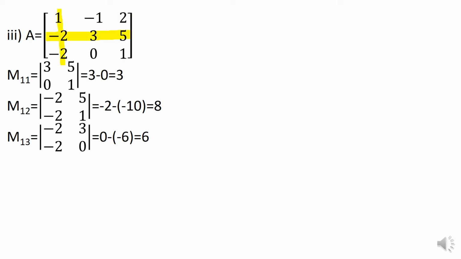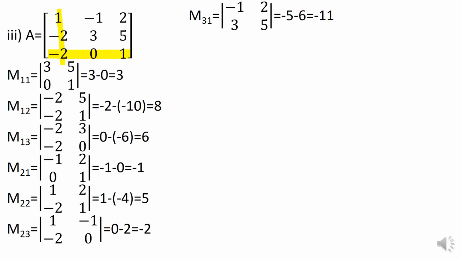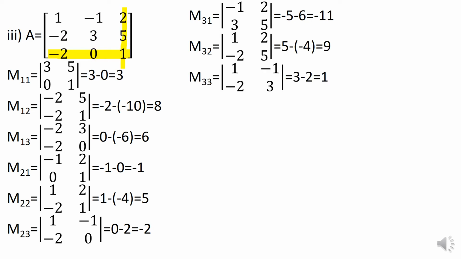Then we go to the second row, first column, we ignore it and get M21. And then we ignore the second row, second column and get M22. And then the second row, third column is ignored to get M23. Then we move on to the third row, first column. The third row, first column is ignored to get M31. The third row, second column is ignored to get M32. The third row, third column is ignored to get M33. Thus, by now you must have got an idea of how to find the minors for a 3 by 3